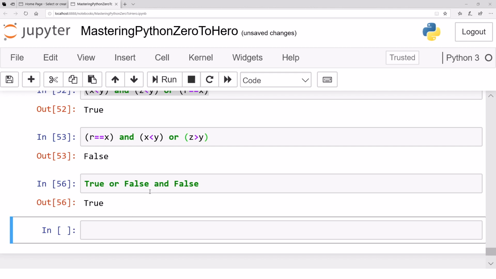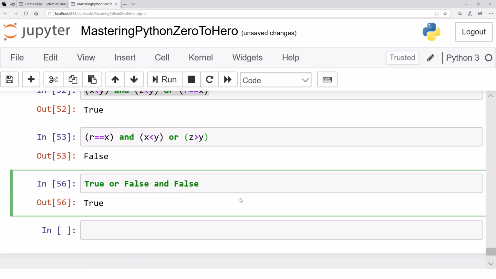One way is to remember the precedence: and will be applied first, then or. Another good thing is to specify the order using parentheses. For example, now we specify this first or will be applied and then for